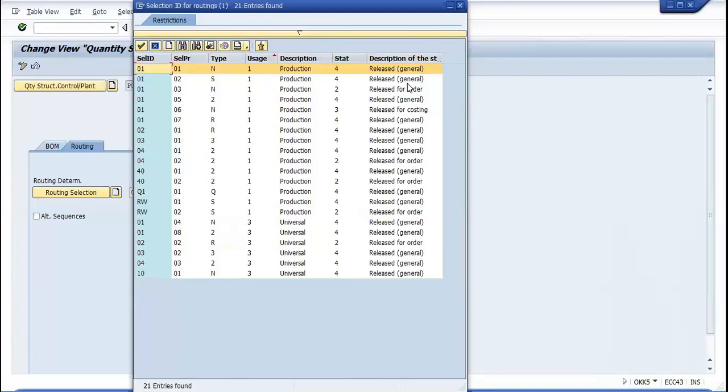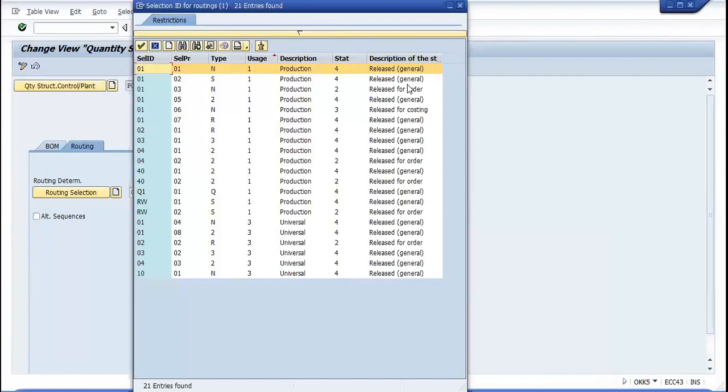We have the selection IDs 01, 02, 03, 04, 40 and some custom defined ones. So basically, how are the routings selected?